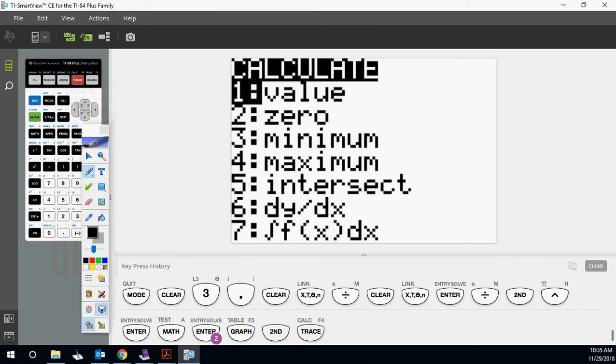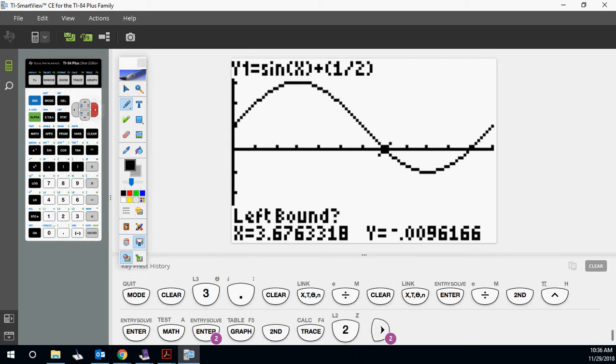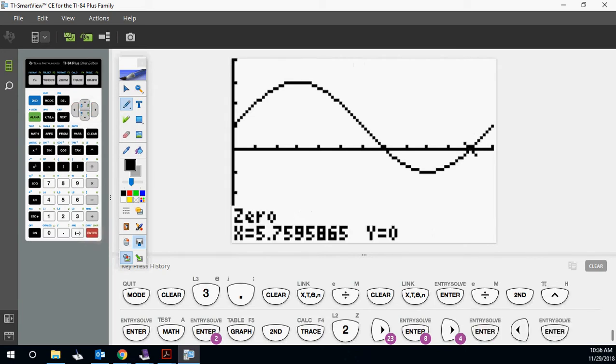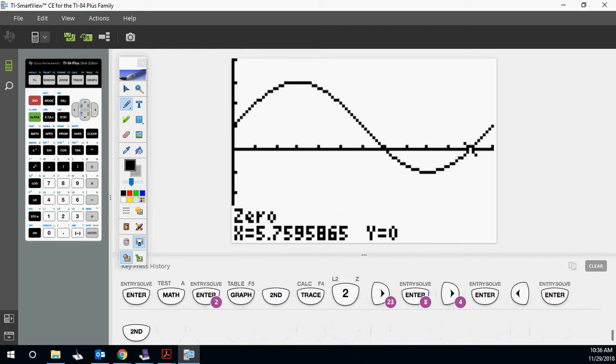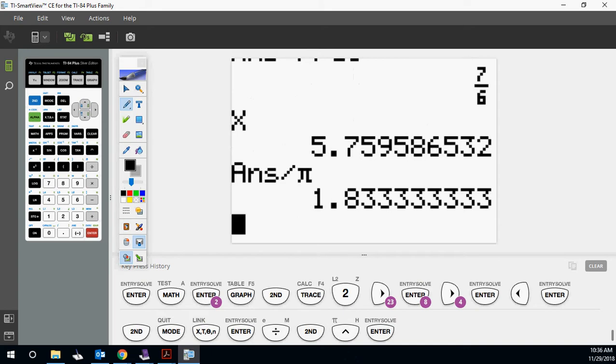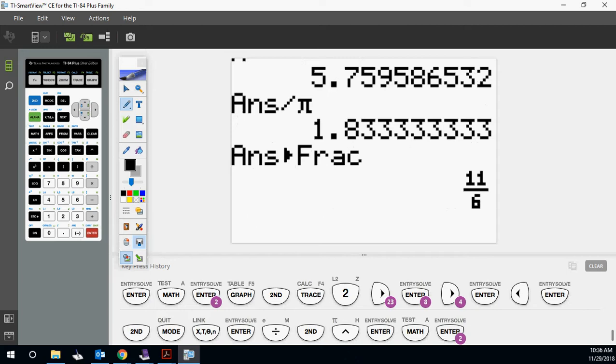Second trace, let's go and do this again one more time. So we move over here, get to the other side where the other 0 is, enter. Slow down, slow down. Enter. Okay, 5.795865. So then again, second quit. X equals, divide by pi. What's this fraction? 11 pi over 6. So 7 pi over 6 and 11 pi over 6 are the two solutions for that,